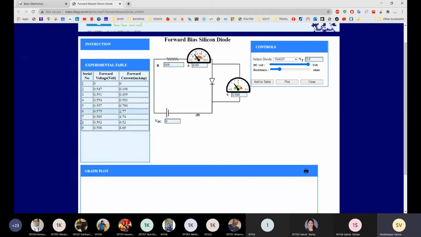And external voltage you have to write down over here, student. Make here one column and write down VDC. Here for the first column, your external voltage is from 0 to 0.6. This is the reading for 0.7, 0.8, 0.9, 1, 2, 3, 4, 5 volt. Okay. Everybody understood this?